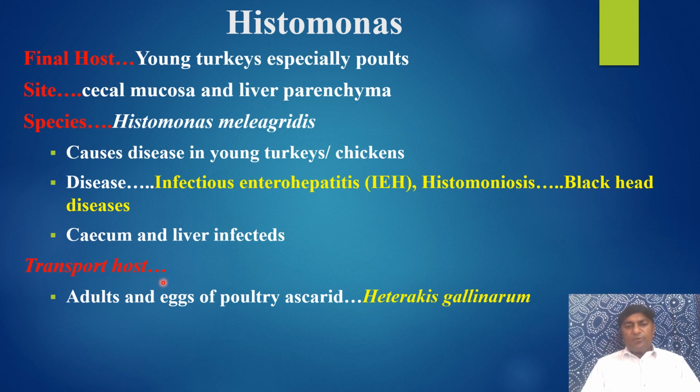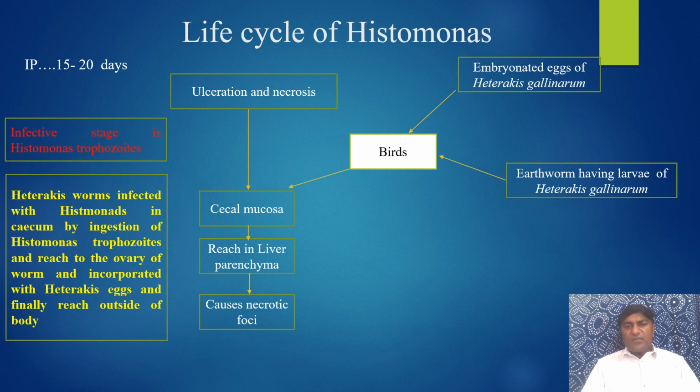The transport hosts are the adults and eggs of the poultry ascarid named Heterakis gallinarum. The life cycle is very important, and it is a little bit complicated. The incubation period is 15 to 20 days, and the birds are mostly infected with this Histomonas